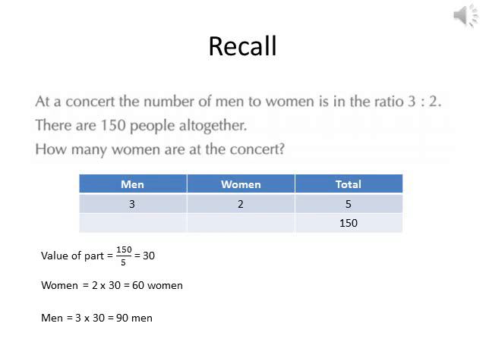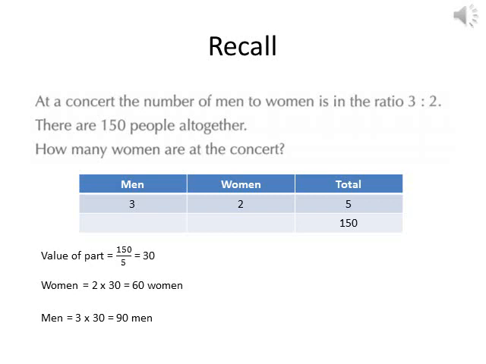So I will just make my ratio for men to women to total. It's 3 to 2, this is the ratio of men to women, and then get the total as usual. So 3 plus 2 equals 5, and the total people there was 150. So as usual, I'm searching for the complete column, which is the total. So to get the value of part, I'm dividing them together, 150 by 5, so it's going to be equal